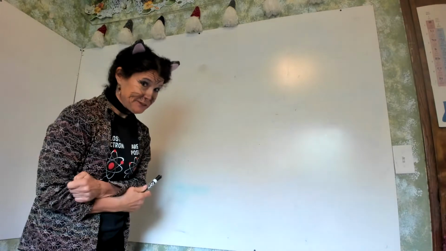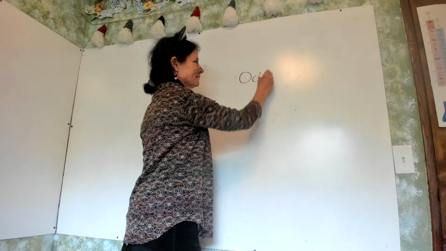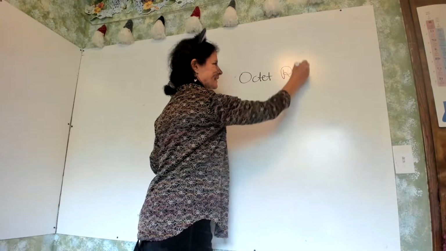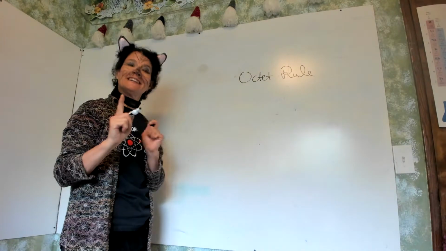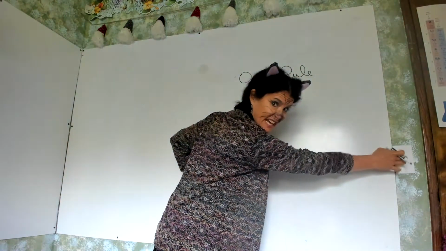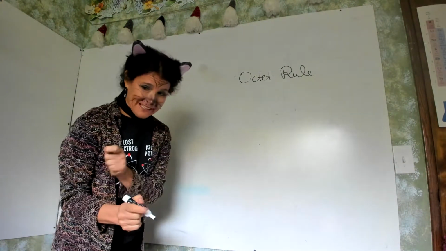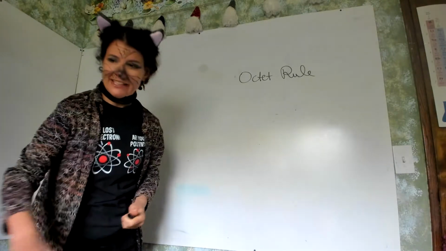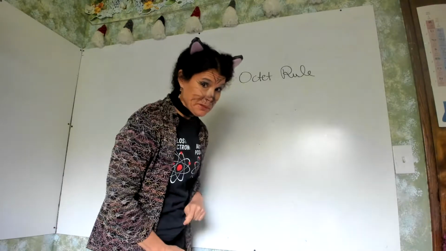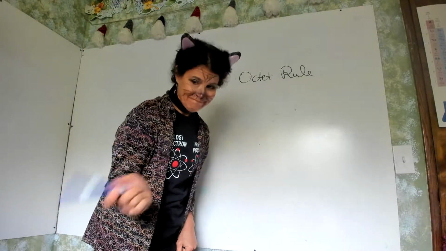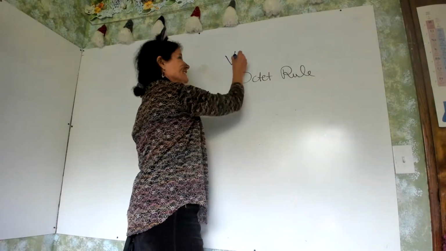All right, so let's learn what are cations and anions. To do that, we have to first start with something called the octet rule. And to start with the octet rule, we have to do a reminder about valence electrons. So, hopefully you have your periodic table in front of you, and if you don't, stop me and go get one. But what are valence electrons?